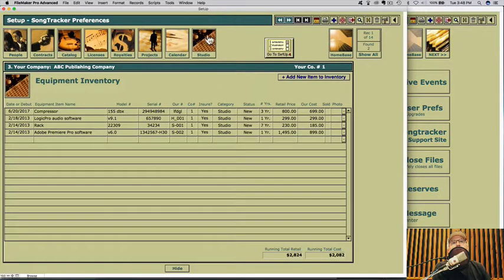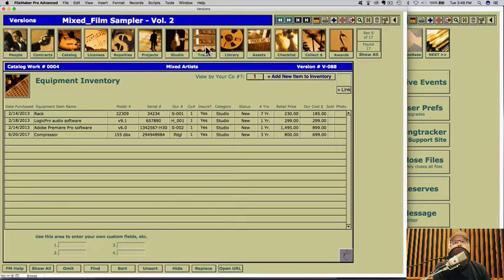Now, because you were doing a report, you want to go back into the studio, and it takes you over here to the studio version. So notice the blue header tells you that you're in the file versions now. Again, you were in setup after you did the report. So now